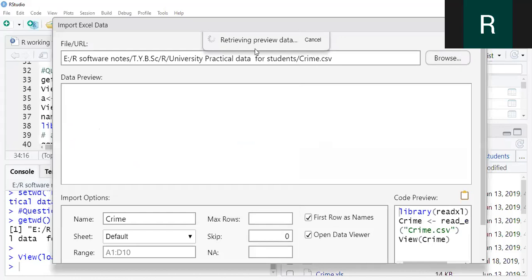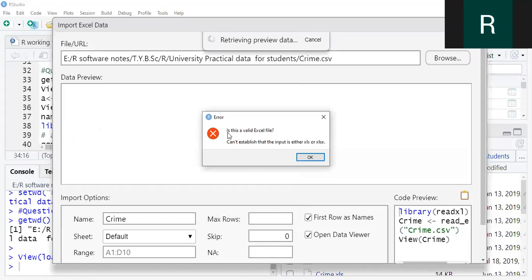It is retrieving the preview data. Now it will take the preview. See, you got the error here. Why? Because this platform's import dataset only imports Excel files, not CSV files. So just click OK and then you have to browse again.